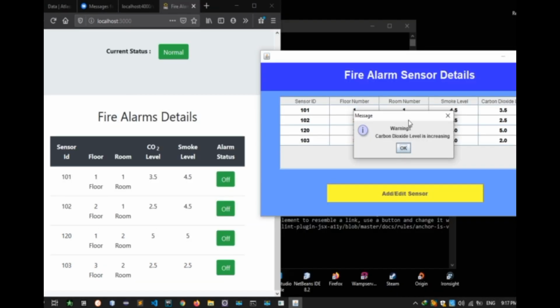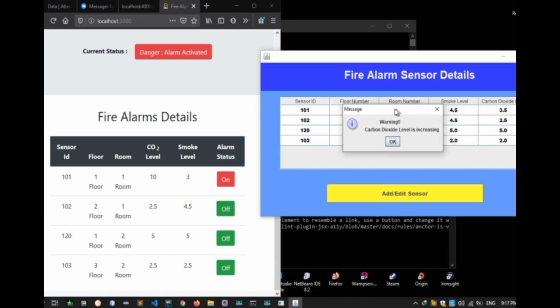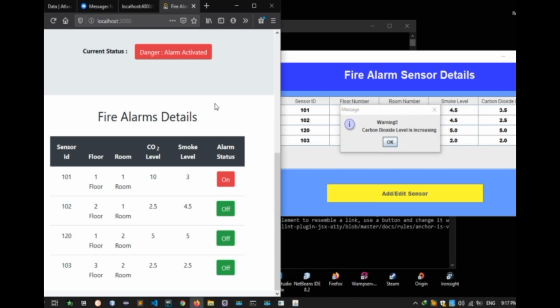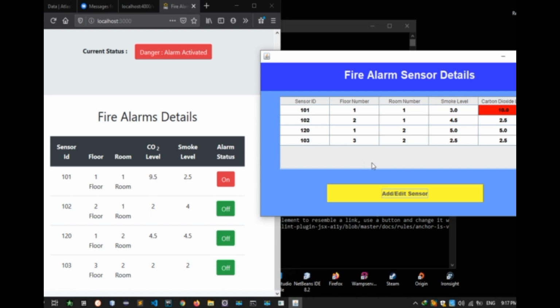In here it shows a message that carbon dioxide level is increasing. You can see in the web application it shows the carbon dioxide level is 10. It happened because the refresh time is different in the web application and the desktop application.